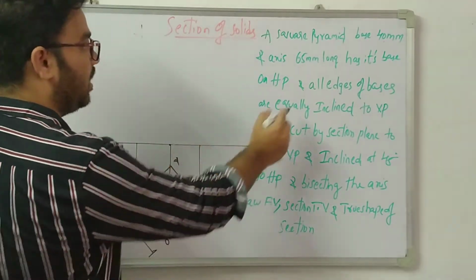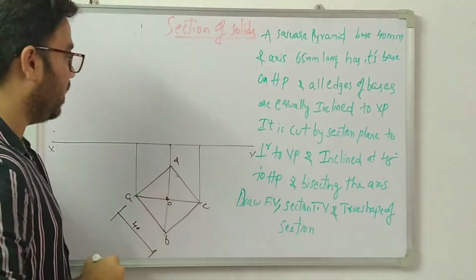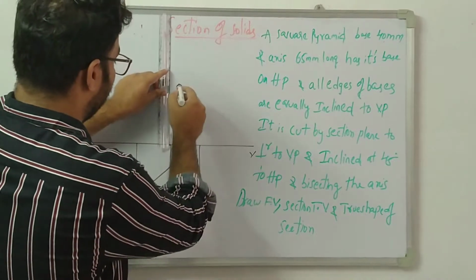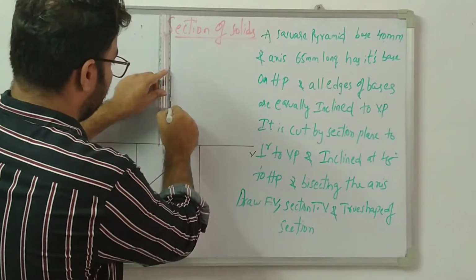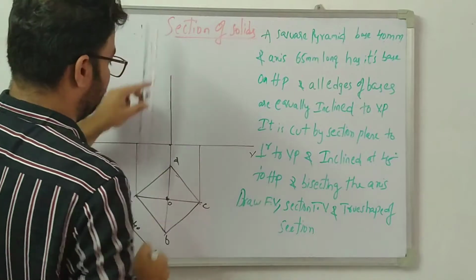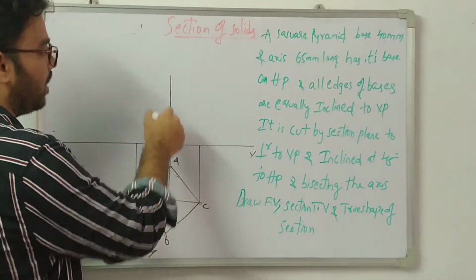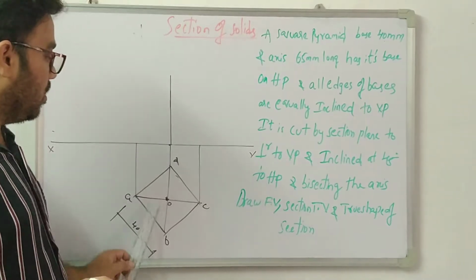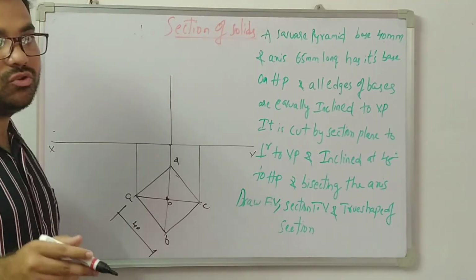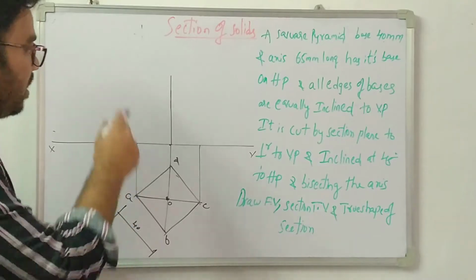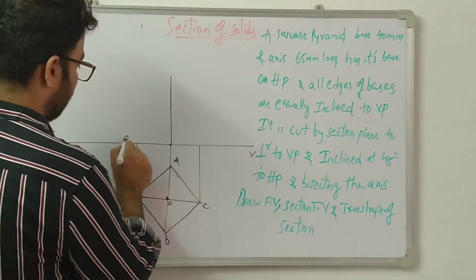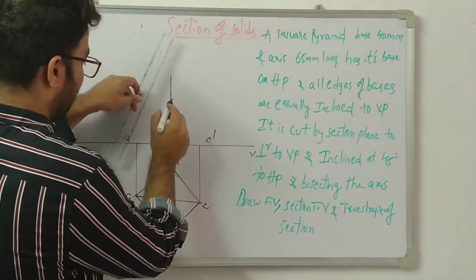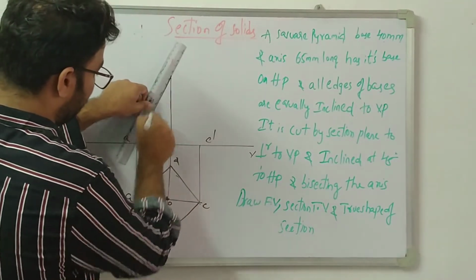From here onwards, the axis height is given how much? 65 mm. So draw the axis height 65 mm in this problem. The axis is actually indicated by a long dashed line, but slant edges are visible, so you should highlight the slant edges. That's why I drew a straight line. So this is my A dash, I projected A. Similarly, this is my C dash. Now join the lines.